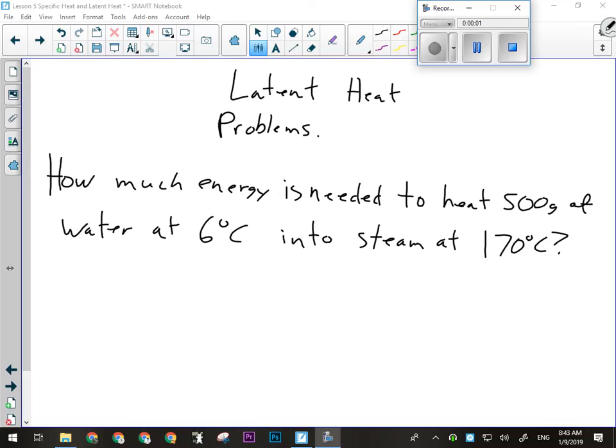So quick review here. Yesterday, we were talking about latent heat,